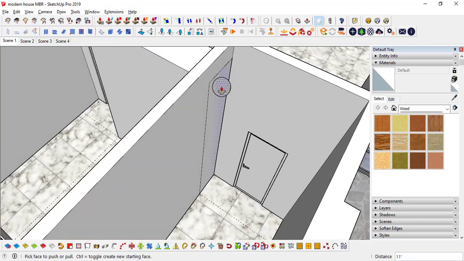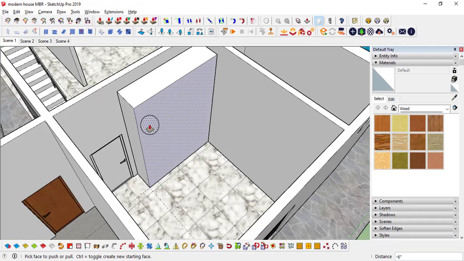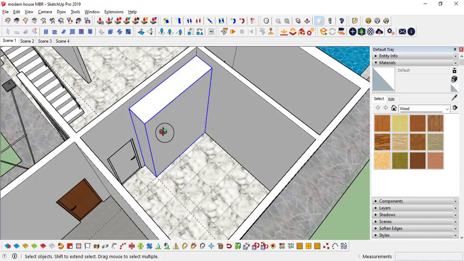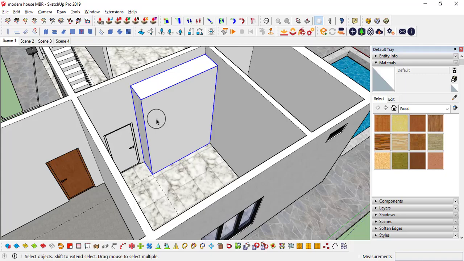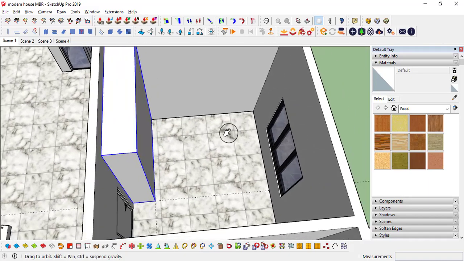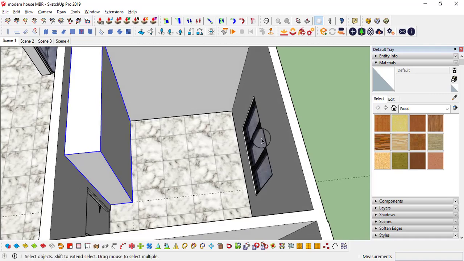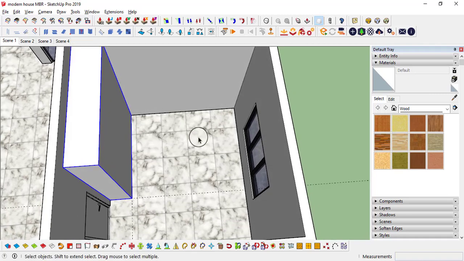Probably it is going outside, yeah, like this. And next, here this box for the wardrobe. Actually this is for 11 feet. In general houses we make up to 9 feet to 9.5 feet. Up to 7 feet we can make the sliding doors, and later on we can make the loft as single shutters. On this side, for curtains, I'm going to use a model. I already have some models, so I'm going to use a curtain model over here, and a bed model over here.